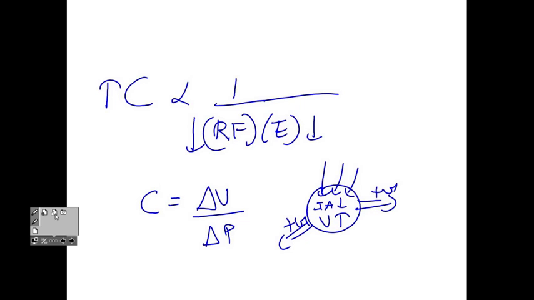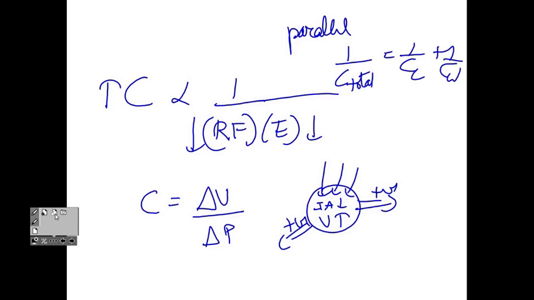How are they arranged, lung and chest wall? Parallel arrangement. So because of that, we can also calculate total compliance. 1 over compliance of lung plus 1 over compliance of chest wall. Once you get the answer, you have to flip it over. Total compliance will be C by 2. Okay. Going to the graph.